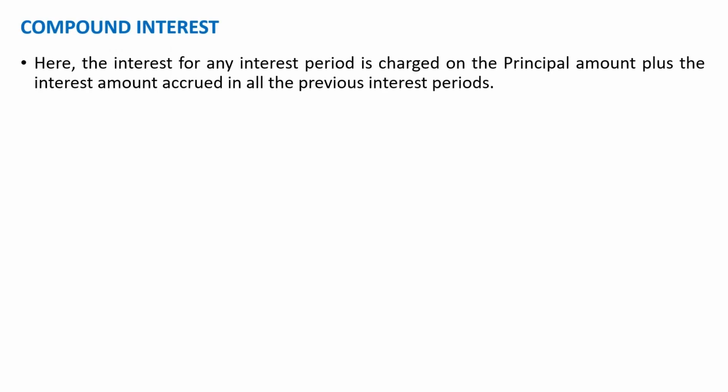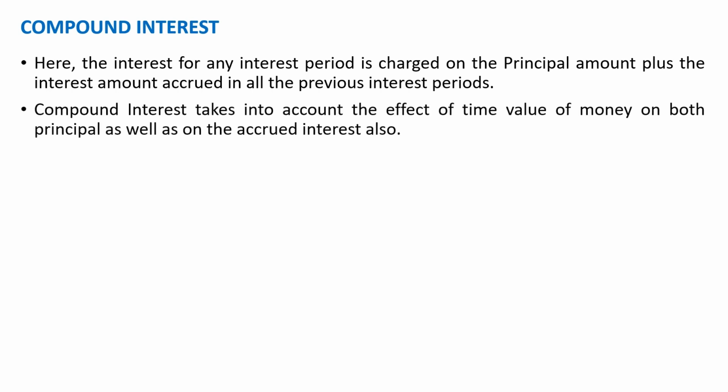Compound interest. Here, the interest for any interest period is charged on the principal amount plus the interest amount accrued in all the previous interest periods. The compound interest takes into account the effect of time value of money on both principal as well as on the accrued interest also. The formula to obtain the compound interest is